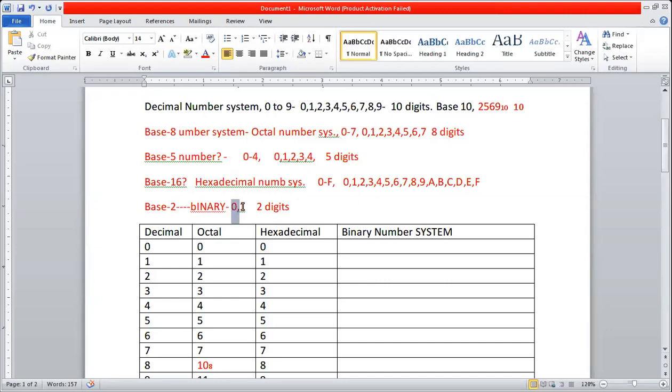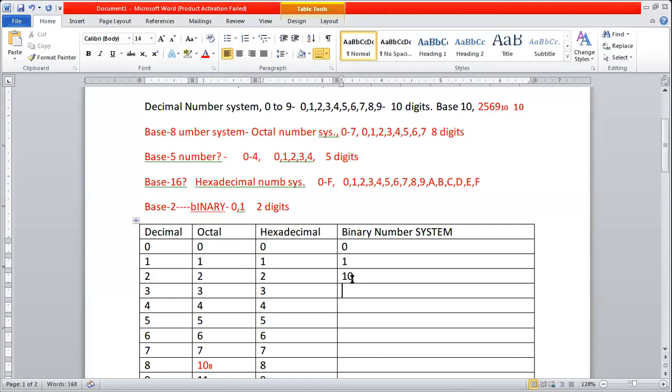And what are the numbers we have? 0 and 1. That is total only 2 digits. Only 2 digits are going to be repeated here. Okay, so now to represent 0, what I will write here? 0. 0 is 0. What about 1? 1 we have, so I will write 1 here. To represent 2, I don't have any further number after 1, so 1, 0. Exactly, correct.